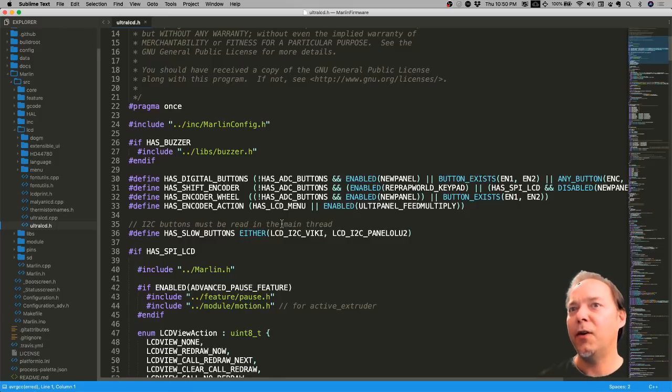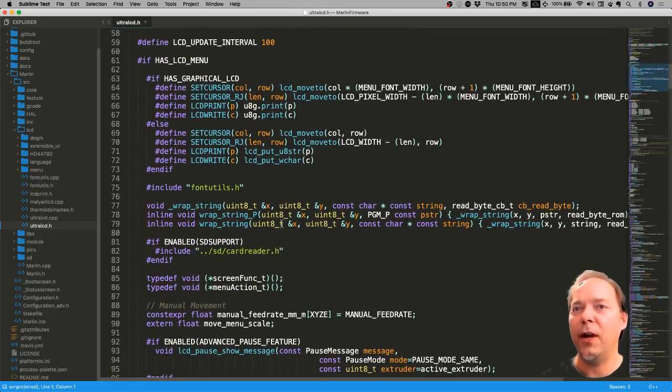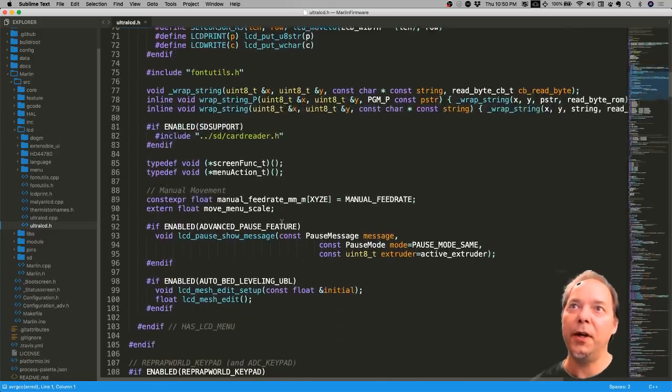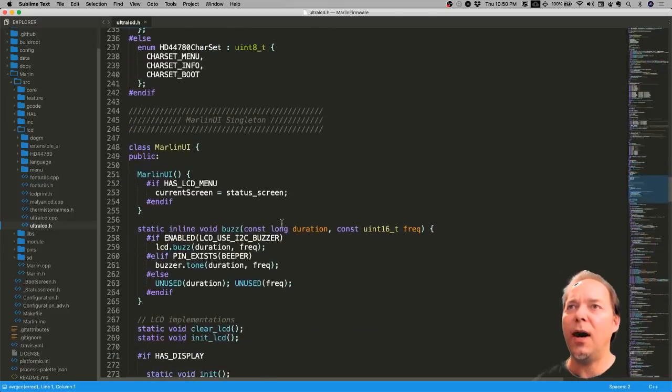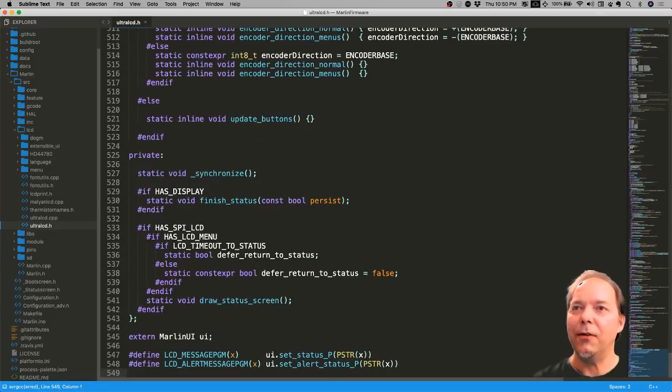When you include it, it generates, whether you're using extensible UI or a built-in directly connected SPI LCD, it will do the right thing and bring in the things that need to be brought in, and it defines a class called Marlin UI, class Marlin UI. And Marlin UI is the class now, and I think I define it as Marlin UI extern. I just give it the name UI, so it's just UI dot anything throughout the code is this Marlin UI